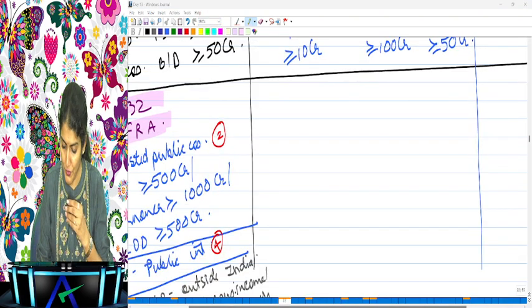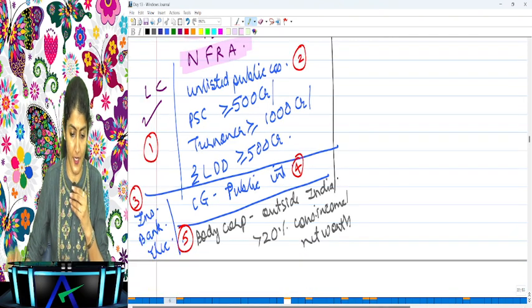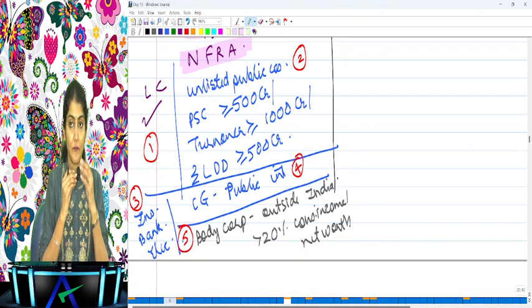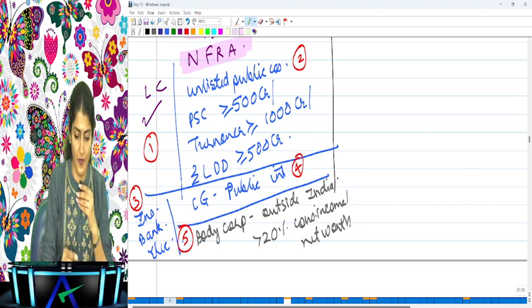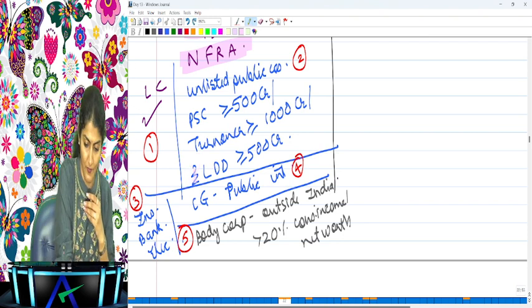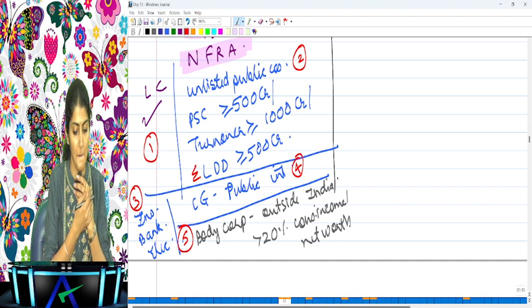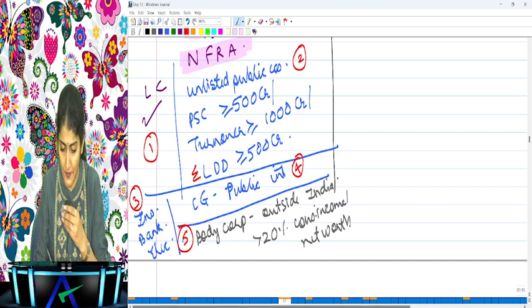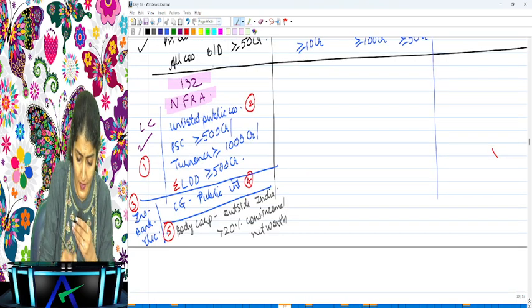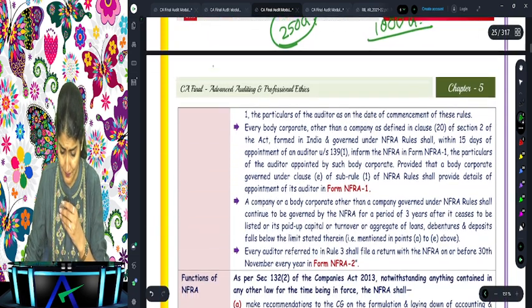If you want me to show it to you in a zoom manner. Okay, this is what I have written over there. What is this? This is the sign of aggregate, total. Clear to everyone? Yes. So the first thing which we have studied over there is regarding the applicability of the NFRA. Is it clear to everyone?